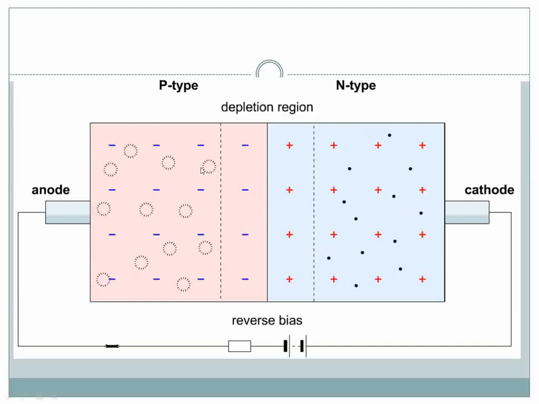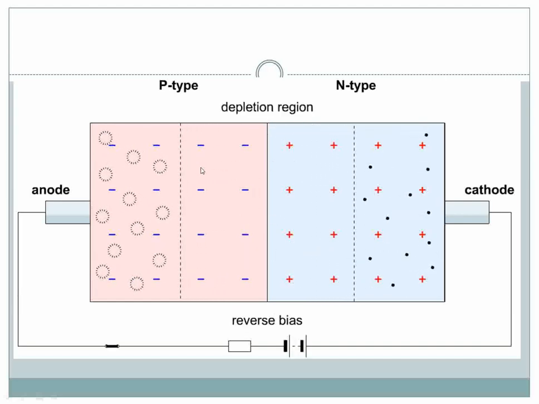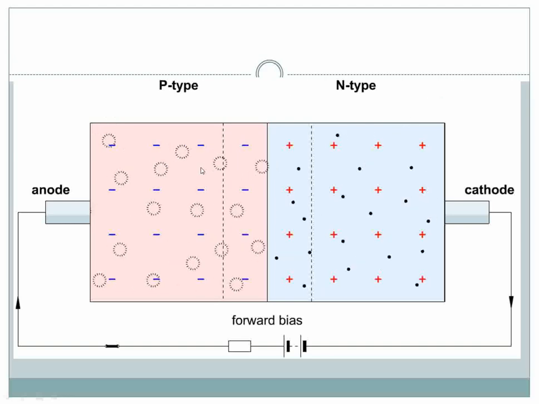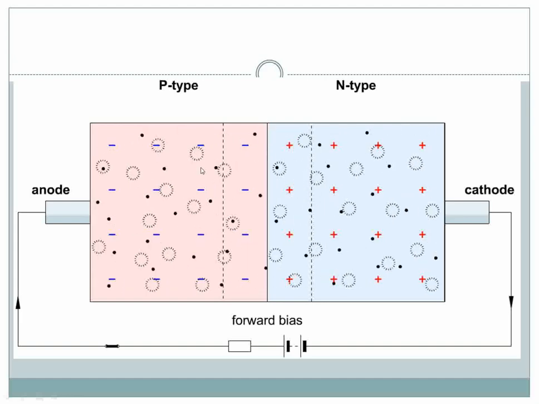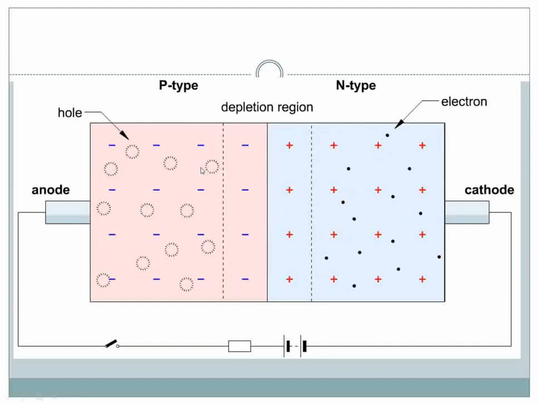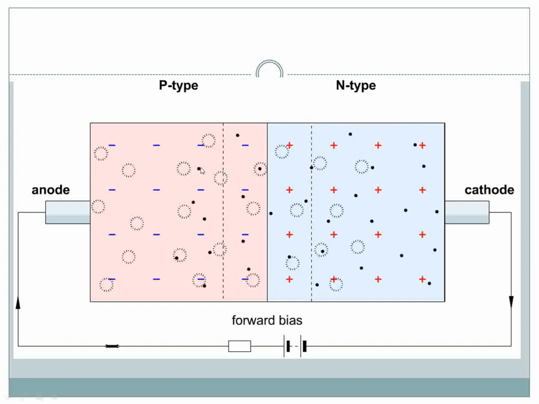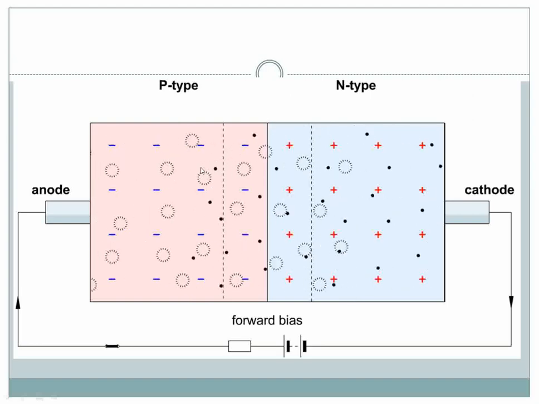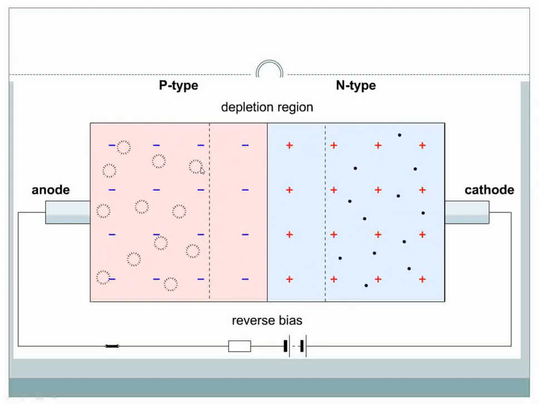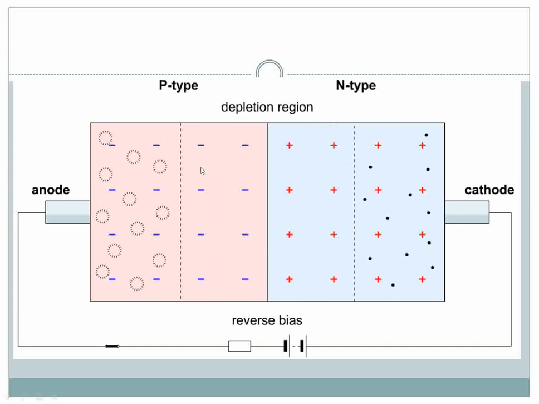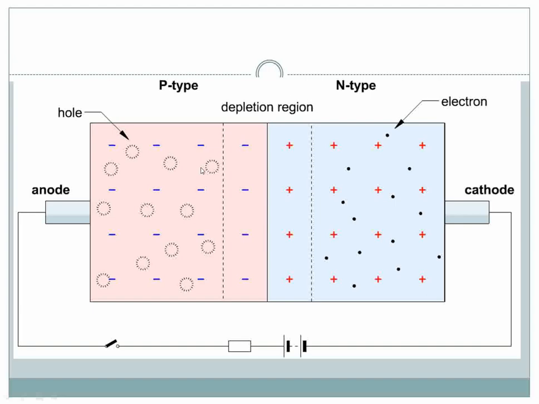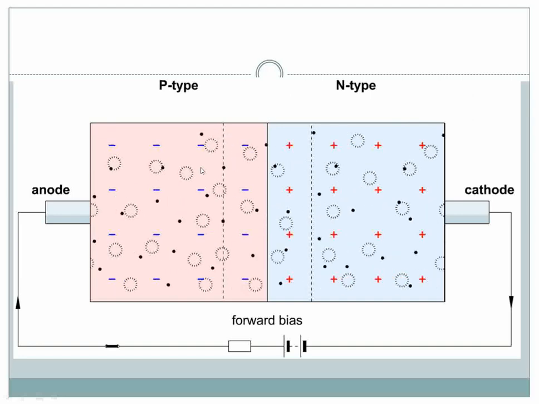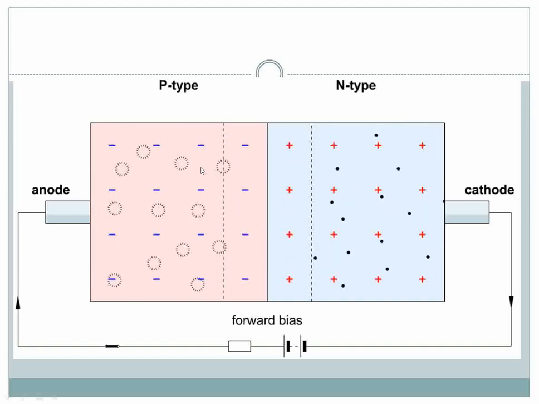In forward bias, one more thing: the p-type material carriers are holes, and these holes are repelled by the positive of the battery. In n-type, the majority charge carriers are electrons, which have negative charge. This negative charge is repelled by the battery's negative polarity, so that with sufficient energy, these electrons and holes cross the barrier. Because of this, the current flows.